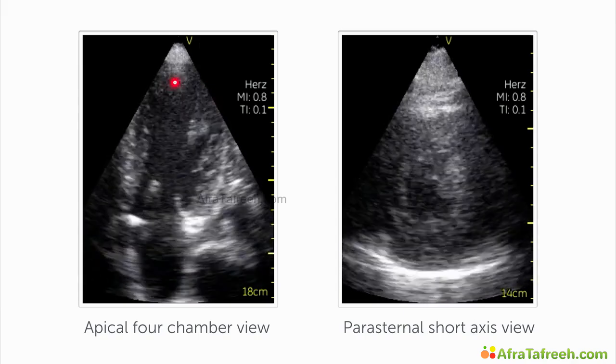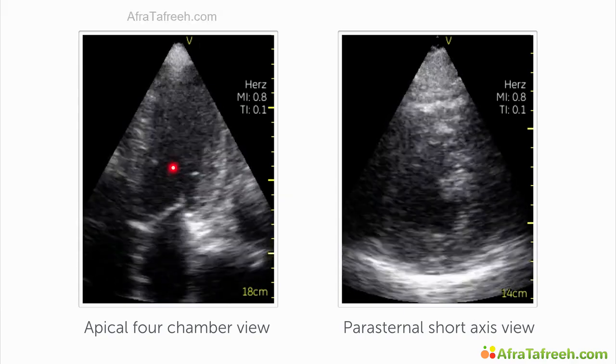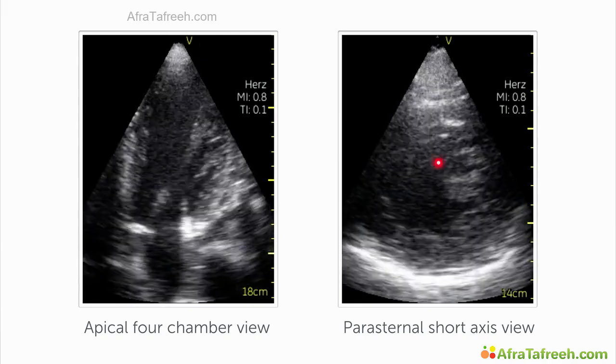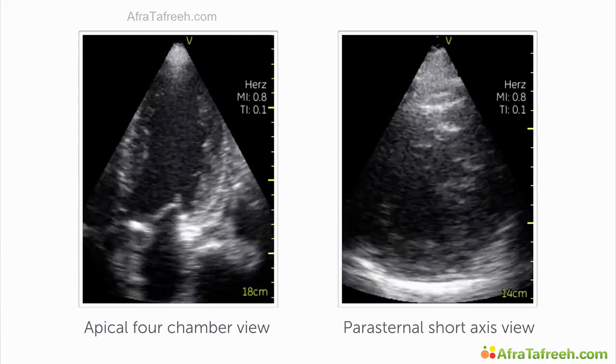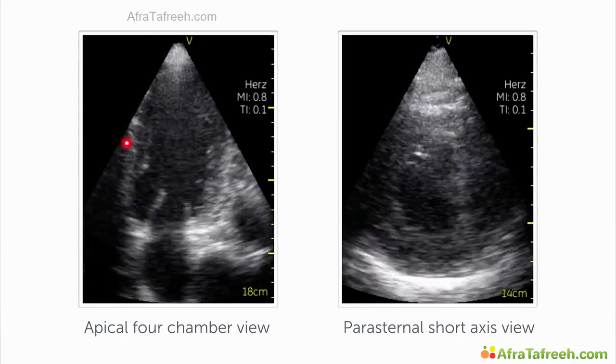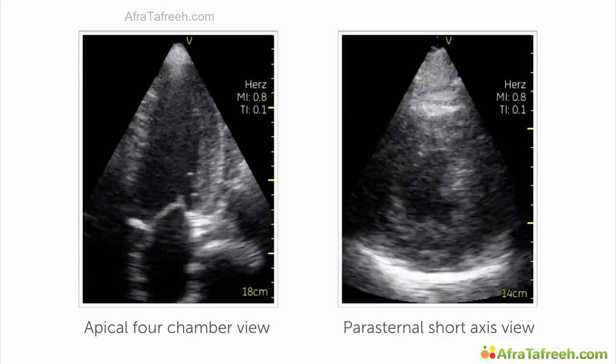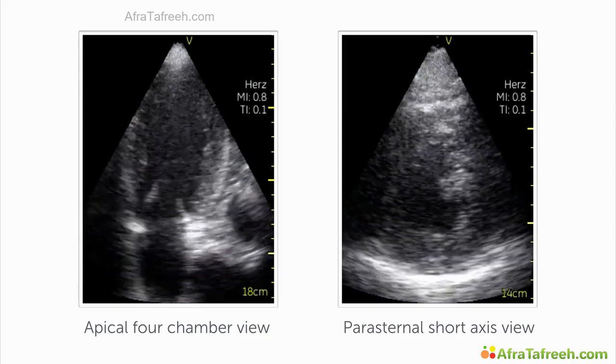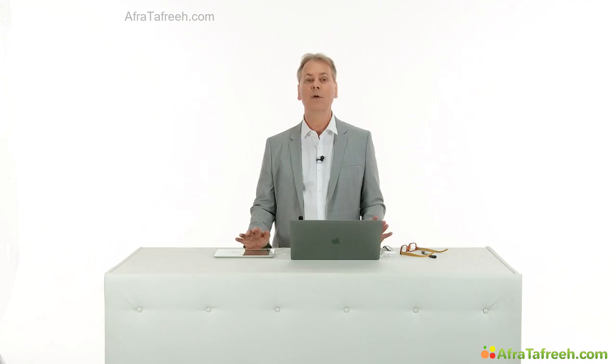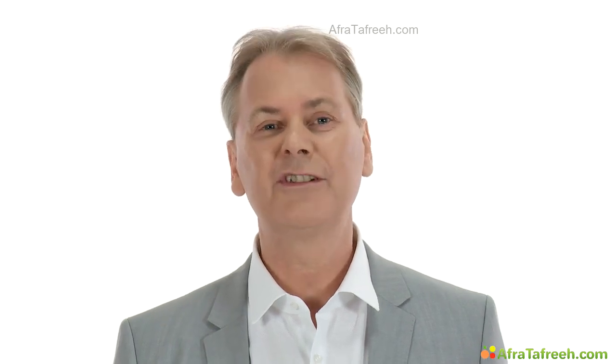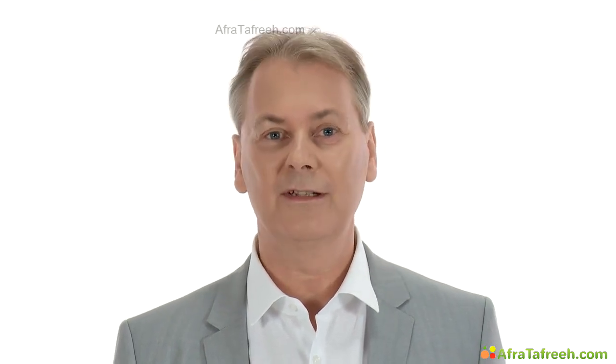You see how vigorously this ventricle is actually contracting. You see the same thing here also in the short axis view. Note that the thickness of the septum is increased. This is again hypertrophy. In other words, this patient has hypertensive heart disease. But one thing is for sure, she probably does not have heart failure as a cause of her symptoms. Of course, she needs further attention,